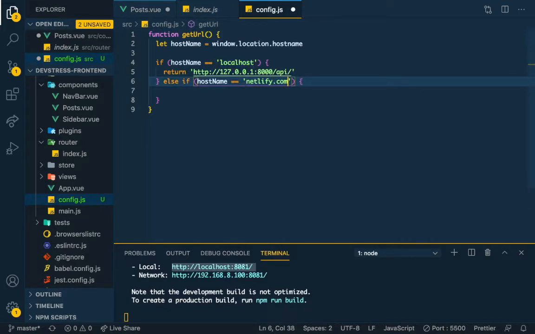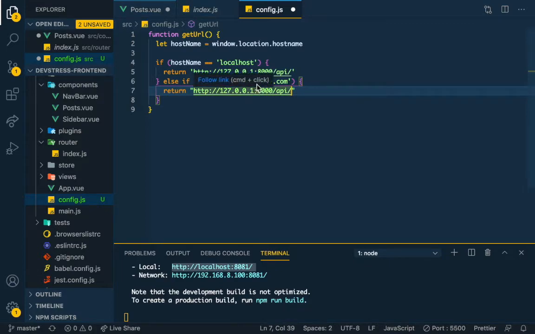If it's equal to something else, wherever you're going to host your API or your website, like Heroku or maybe Netlify or your own domain, you can put it here, maybe alldaycode.com. So for now, maybe Netlify. So if it's equal to netlify.com, then connect to our live API. Okay, so now return